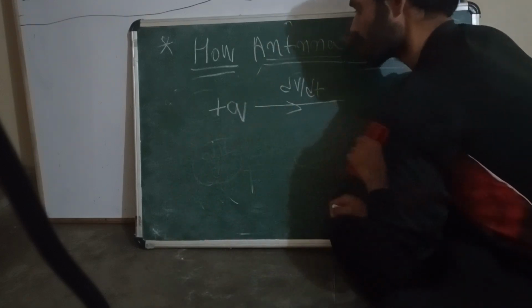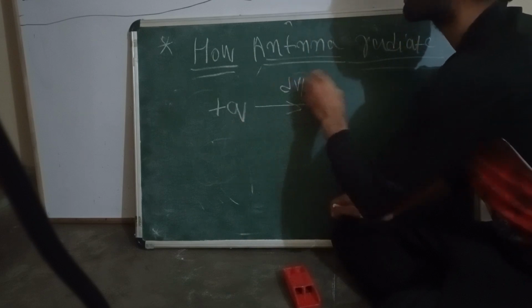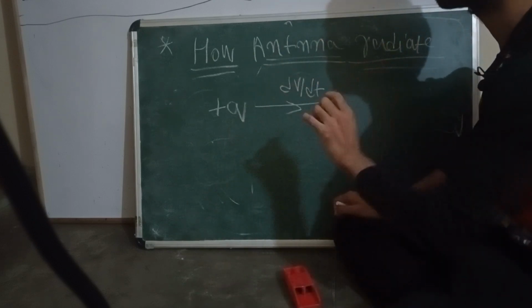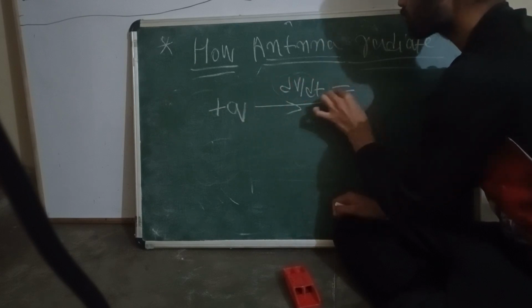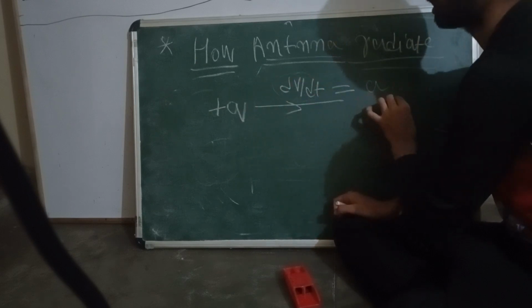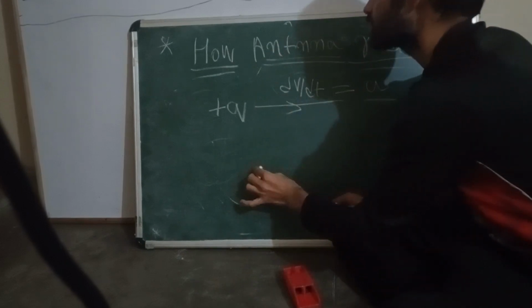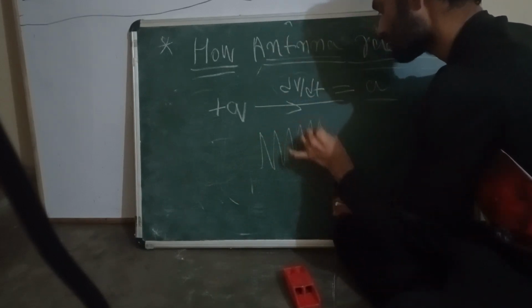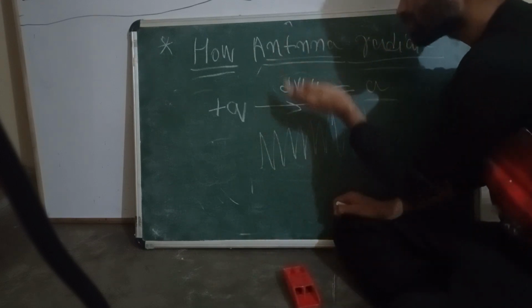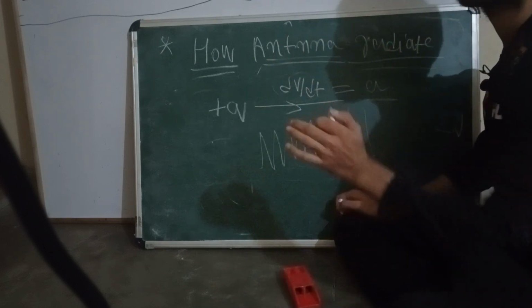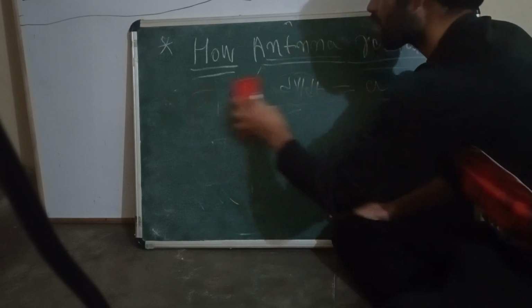Now this same charge is moving with a different velocity. It is moving, but its velocity is not constant. Not constant means the velocity is changing. Velocity changing means what? Acceleration. When the charge is accelerating and decelerating, it is oscillating. So there is an oscillation of charge. Once the charge starts oscillating,